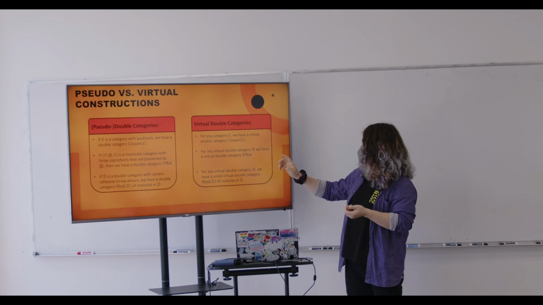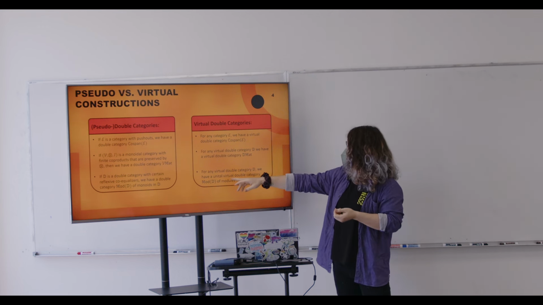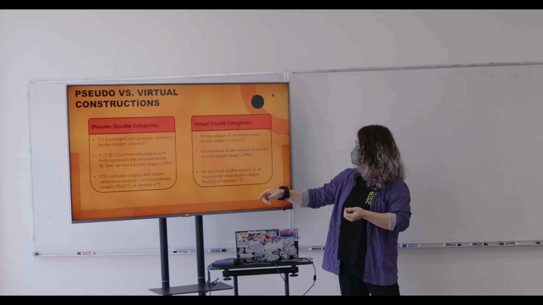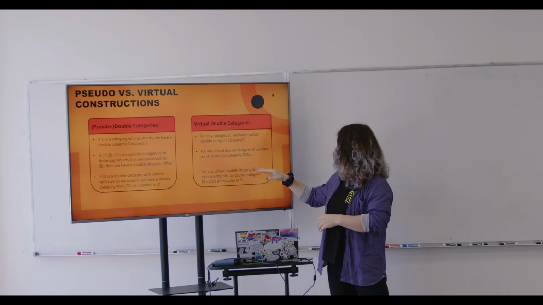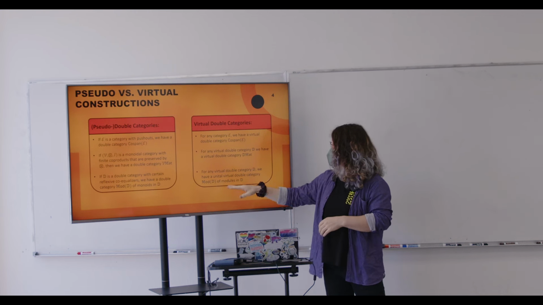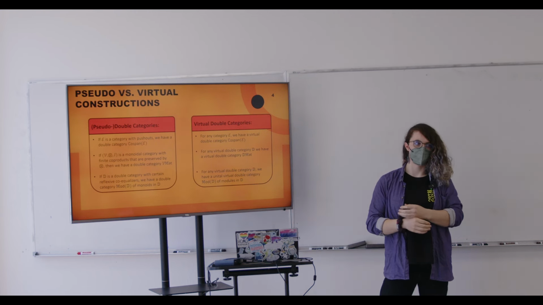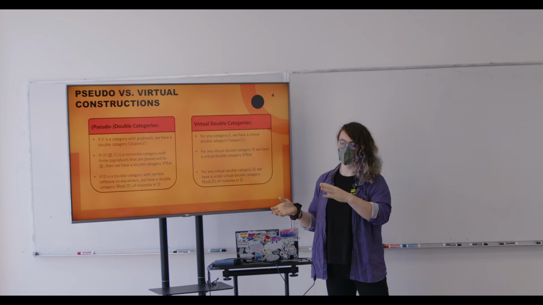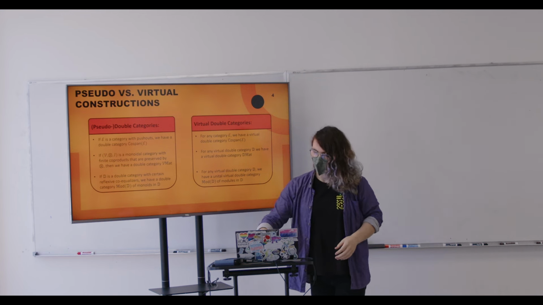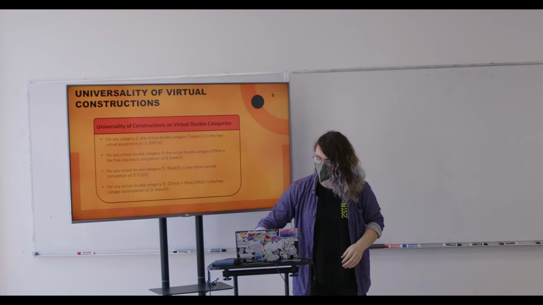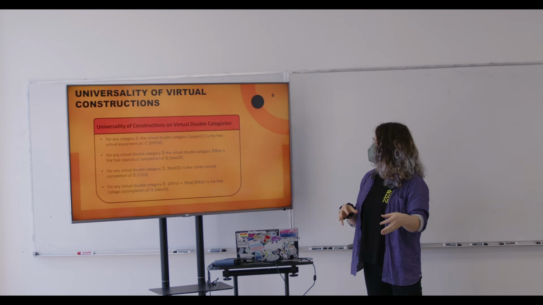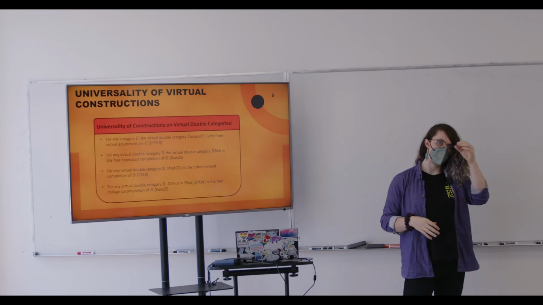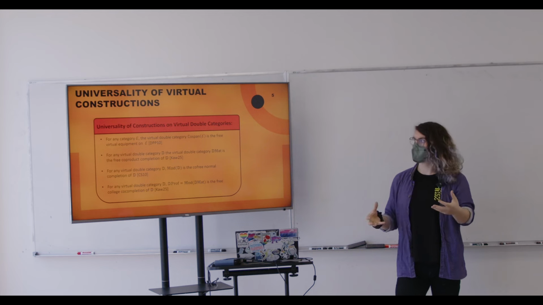And finally, for any virtual double category, we have a monoidal virtual double category of modules in it. So we didn't have to put any restrictions on the virtual double category to talk about this module construction or monoid construction. And one reason why that's really helpful is that there are a lot of results in the language of virtual double categories for what kind of universal properties these constructions now behave as.